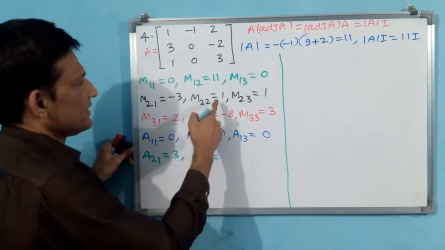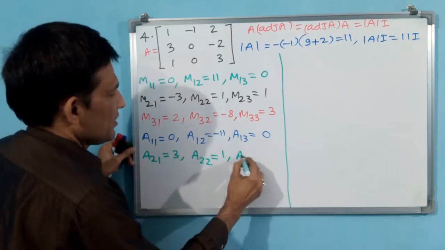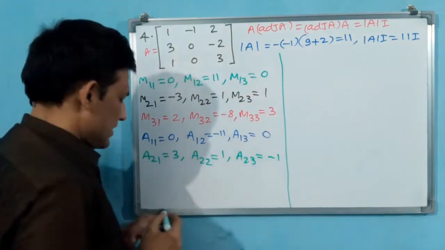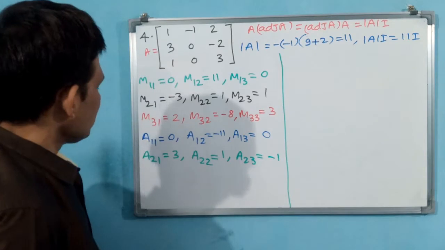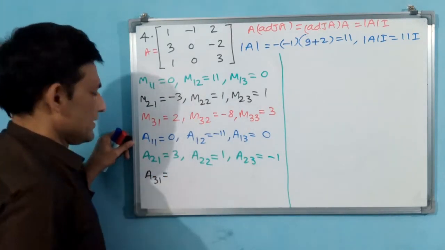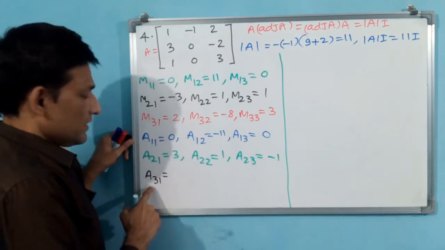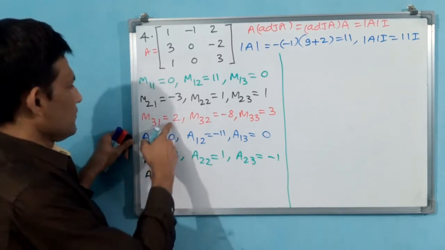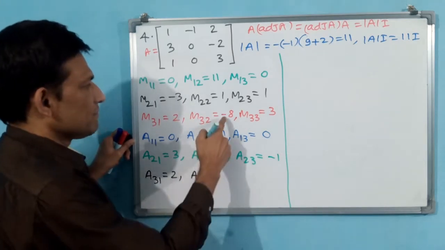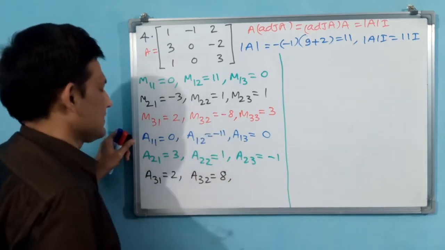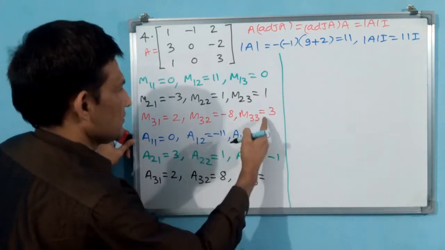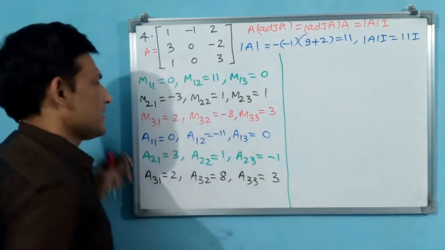A22 plus, plus is there, okay, write down. A23 minus 1 is there, then minus 1 you write. Okay, then write A31. A31 is what? Plus 2 is there, okay, 2, right? A32 minus already is there, that means you make it as plus. A33 plus, but 0 is there, sorry, 3 you write.